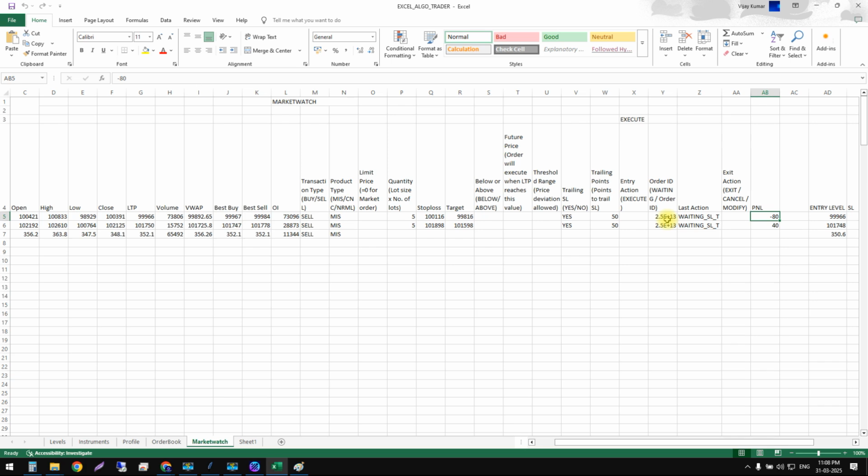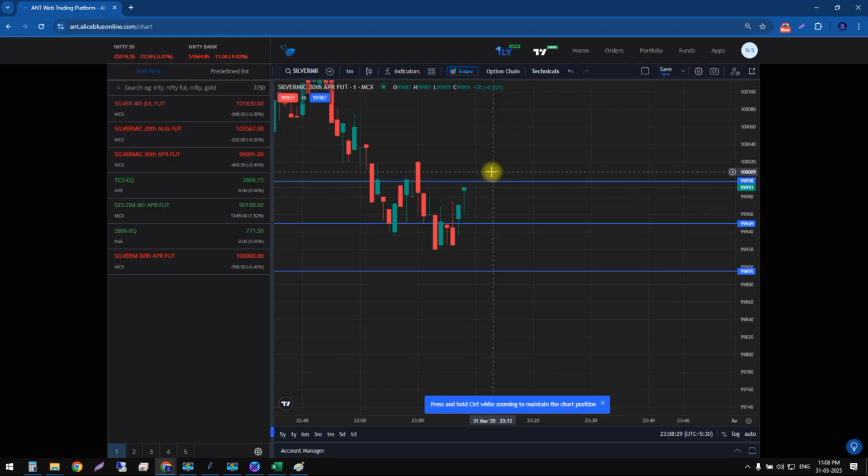You can see here this is the situation, right? We'll wait for either stop loss or target. You can see it's very near to the stop loss. We'll just see what will happen. Okay, it has hit the stop loss. You can see here